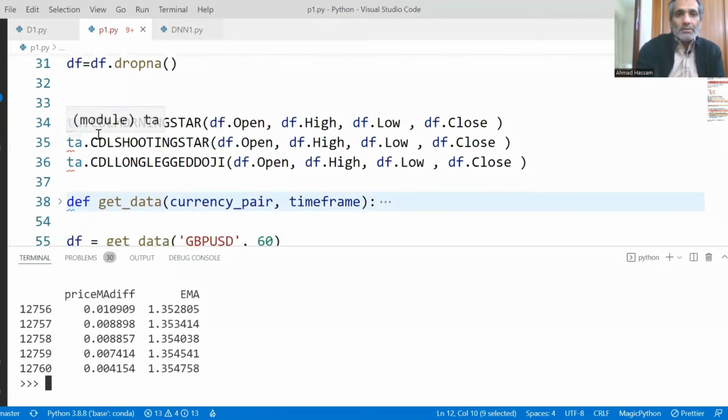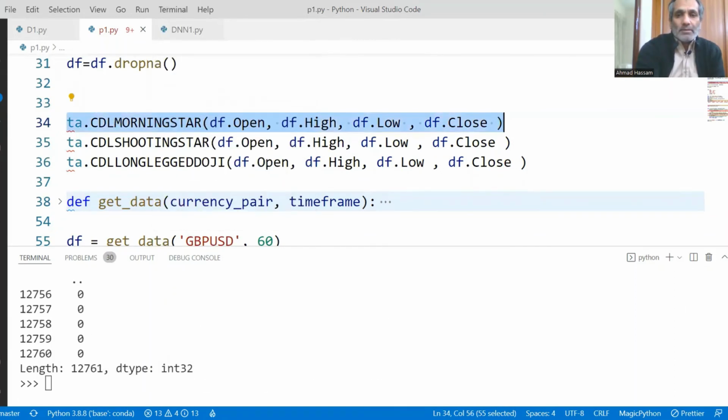Now let's use this TA-Lib function, morning star. It will identify the morning star candlestick pattern in our data frame. See, it will just give you a 1 where we have the pattern.